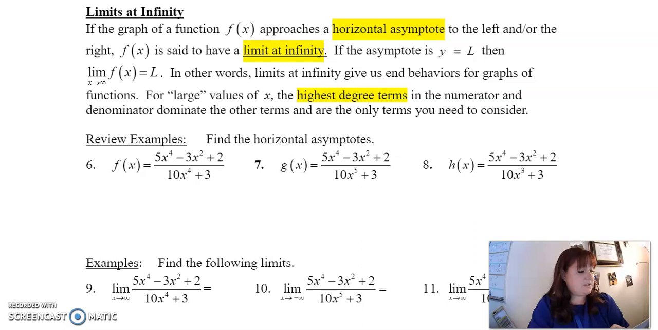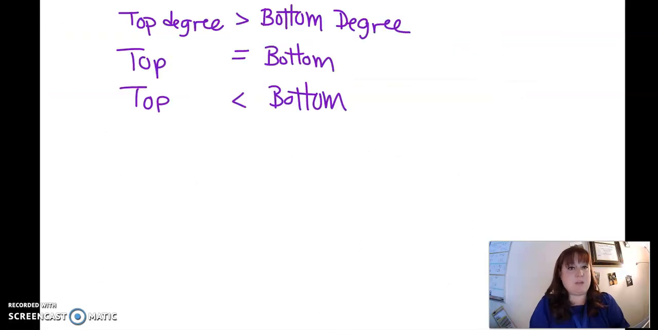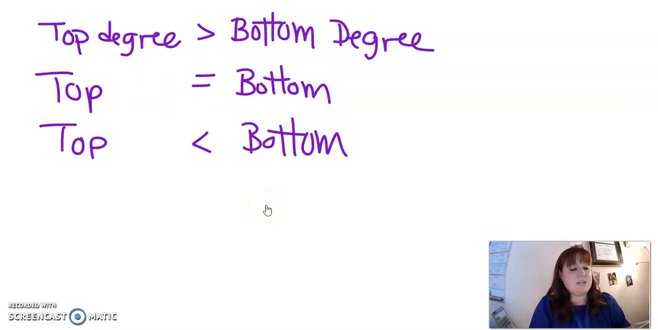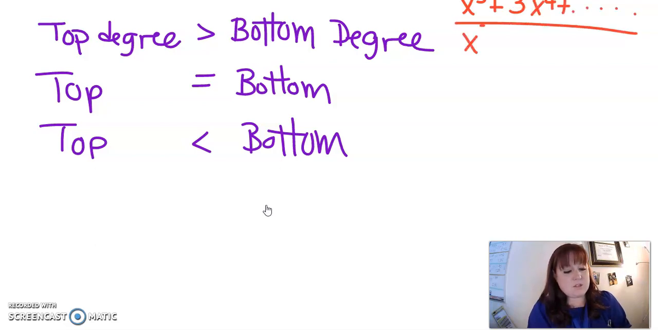Well, if you remember horizontal asymptotes, we have 3 different options that they could be. Either our function can have a top degree greater than the bottom degree, the top degree equal to the bottom degree, or the top degree less than the bottom degree. So let's see what happens with each of these. If the top degree is greater than the bottom degree, we might have something like x to the 5th plus 3x to the 4th plus, and we don't care about the rest, over x cubed plus 2x squared plus, and we don't care about the rest, because remember, when we have a huge, huge number,